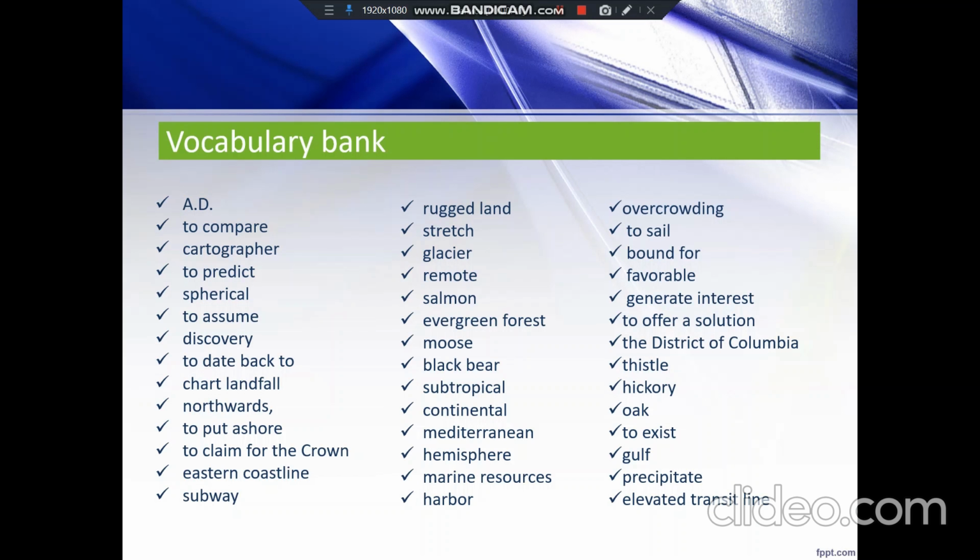AD, to compare, cartographer, to predict, spherical, to assume, discovery, to date back to, chart, landfall, northwards, to put ashore, to claim for the crown, eastern coastline, subway, rockland, stretch, glacier, remote, salmon, evergreen forest, moose, black bear,